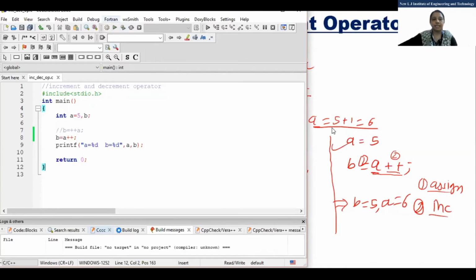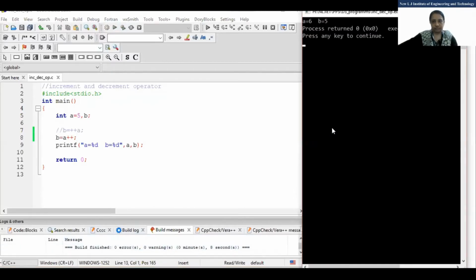Now, is it visible, both the screens? So you can see that here A equal to 6 and B equal to 5. Why? Because of the postfix.